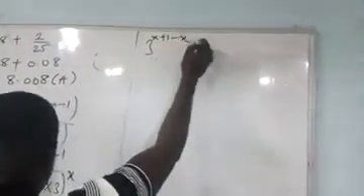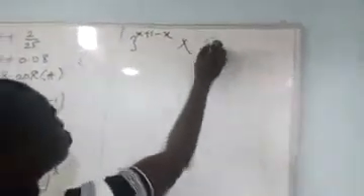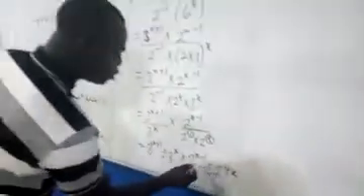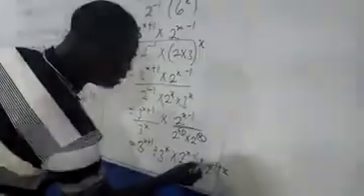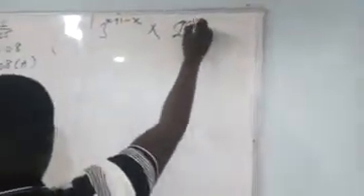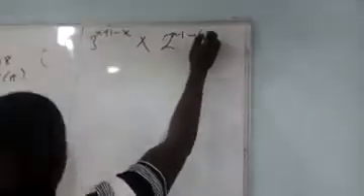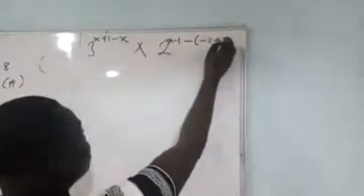We are going to have x plus 1 minus x times, pick base 2 here again, then you are subtracting. If you are also dividing the same thing, you are going to subtract this. So this is going to be x minus 1